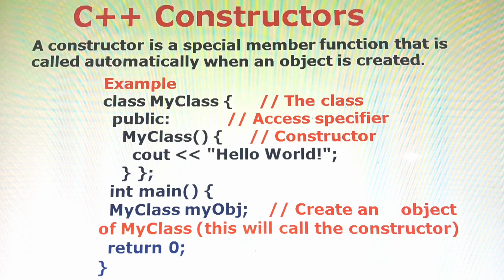What is a constructor? Define the constructor. A constructor is a special member function that is called automatically when an object is created. We can create a constructor in the class. When we create an object of the class, the constructor is automatically called. No extra statement is required to access it, such as the dot operator used for data members and functions.